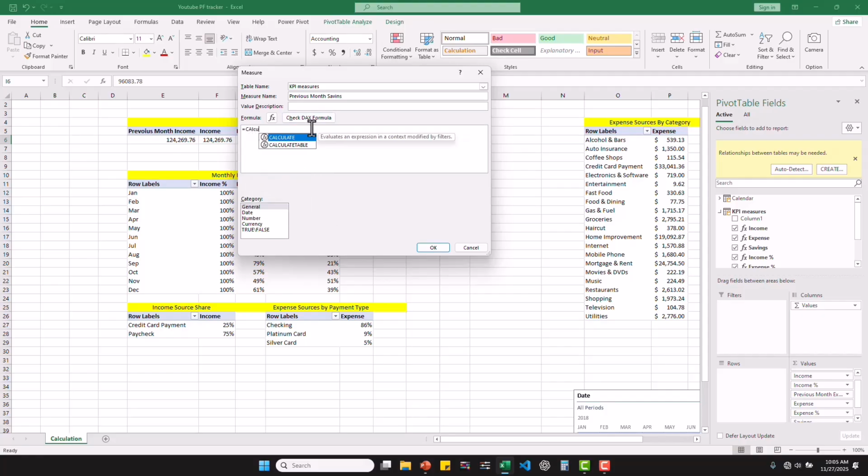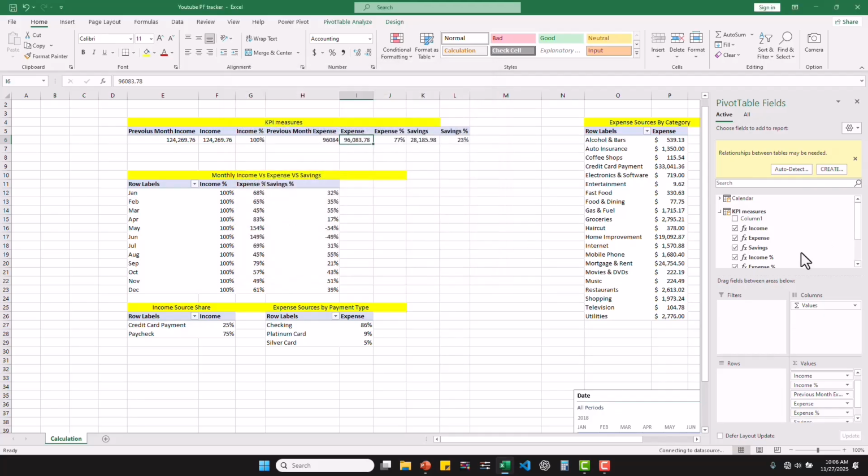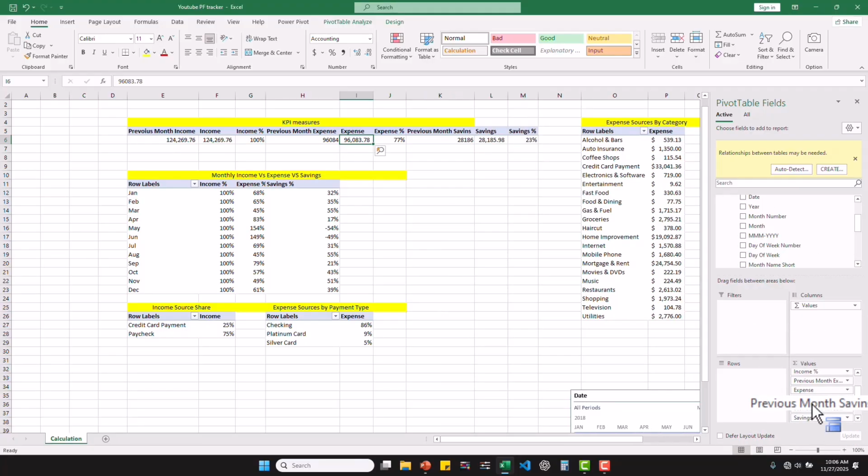So calculate savings, comma, DATEADD, calendar date, comma, -1, then granularity, month, close bracket for DATEADD, close bracket for calculate, number. Let's check. It's working. So let's drag that as well. Previous month savings. Okay, so now we are going to do the month over month calculation for income, for expense,